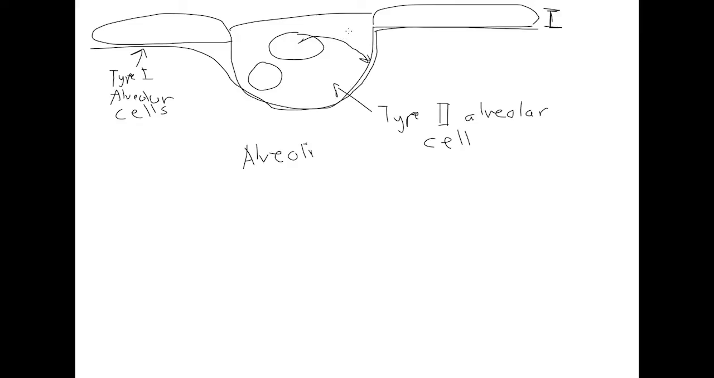Type 2 alveolar cells also move water between blood flow and the inside of your alveoli. And they also help in the case where you tear your alveoli and you need to repair it. Type 1 alveolar cells help with the structure,